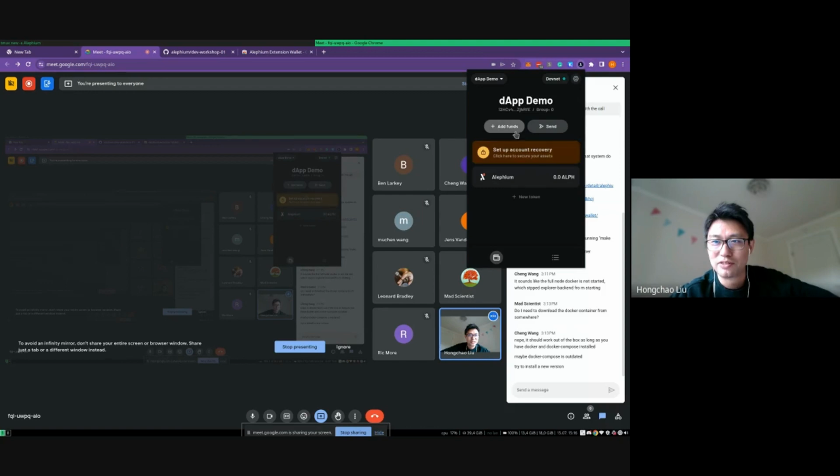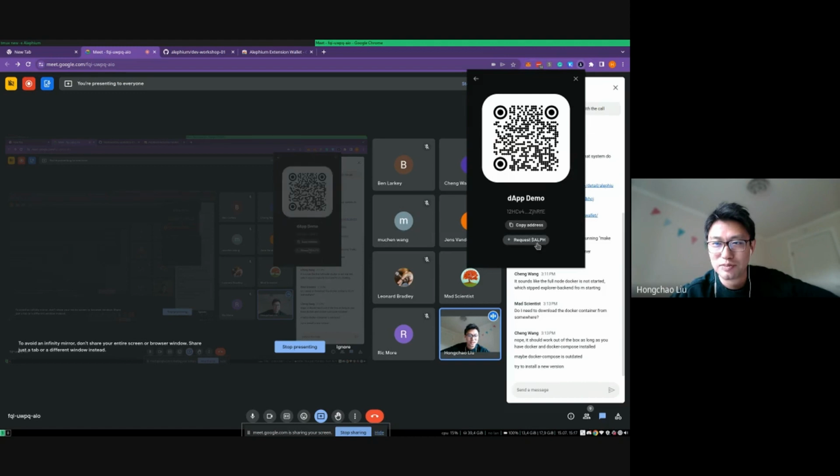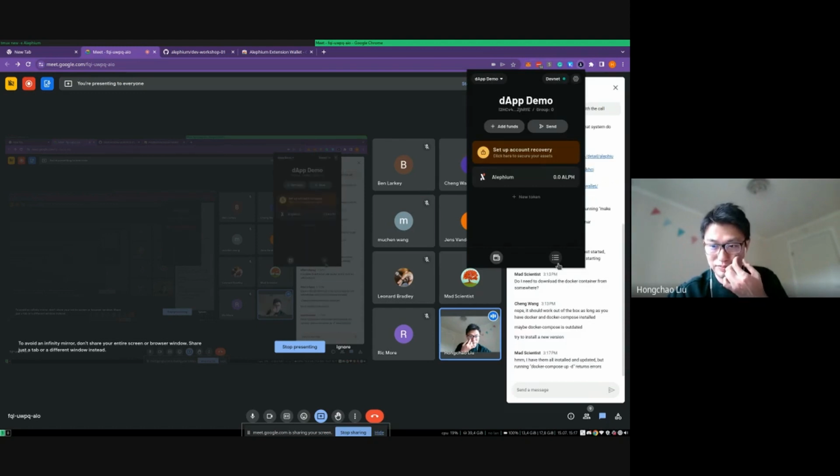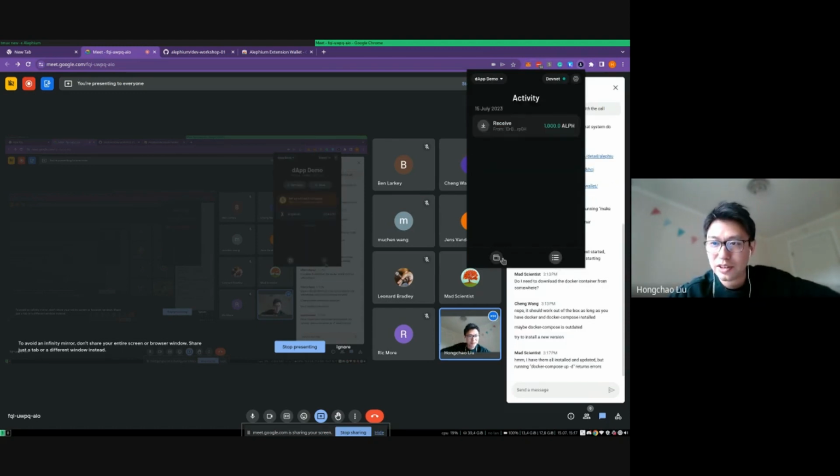That means that you have everything up and running, and you have a working extension wallet that we can interact with the dApp later on. And for DevNet and testnet, we actually have a Faucet built into the extension wallet, so we can do something like this. Then you get 1,000 ELF on